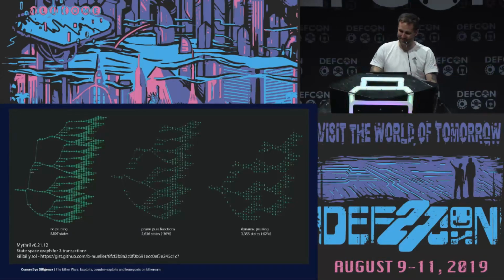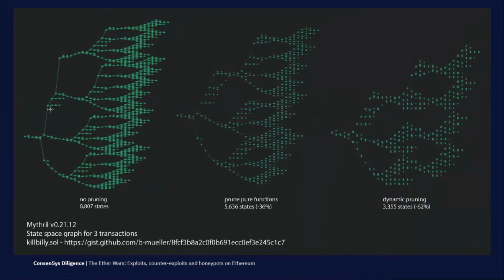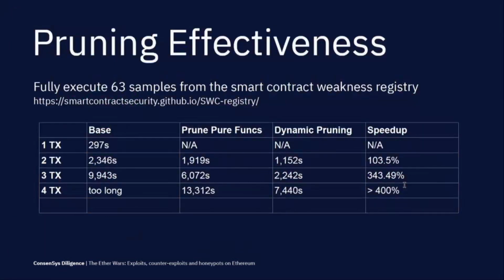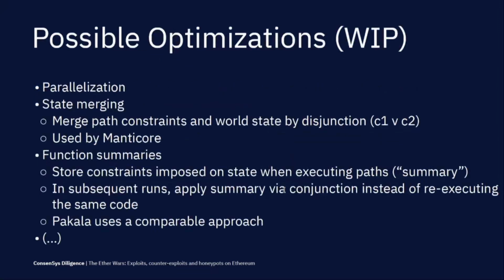So with pruning enabled, you can see we can reduce the number of states quite considerably. In the example I showed you before, it's down by 62%, and this gives us a nice speed up. We ran some benchmarks on the SWC, the Smart Contract Weakness Registry, and we got speed ups that compound over time with the number of transactions. As you reach fewer stop states, it really gets quite fast, but that doesn't mean that it doesn't still grow exponentially. So we're still looking at a lot of other things we can do, including